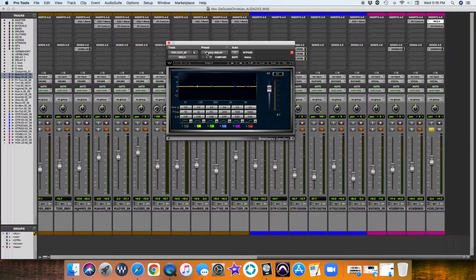So an important thing to note about an EQ is there's different styles. There's little miniature ones where you can control 2 bands. There's 4 bands. This is a 6 band. As you can see, there's 6 little areas that you can grab and move around. So an EQ is actually a frequency